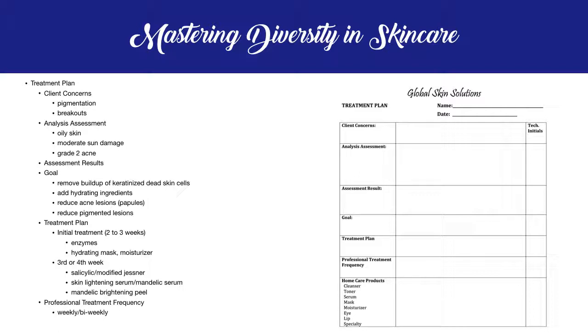So this is the kicker. It would be a very thin layer of that brightening peel that you do not remove. And of course, after that, once the products have absorbed into the skin, you would